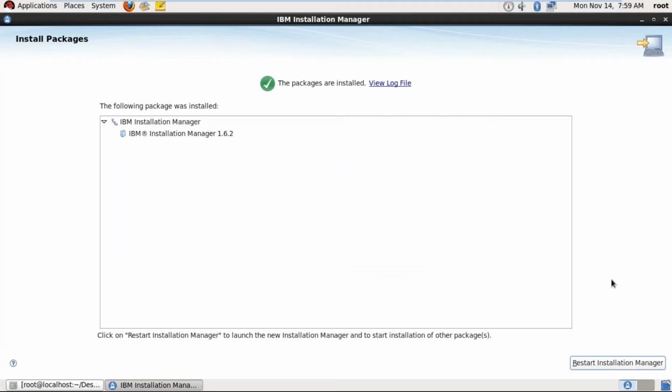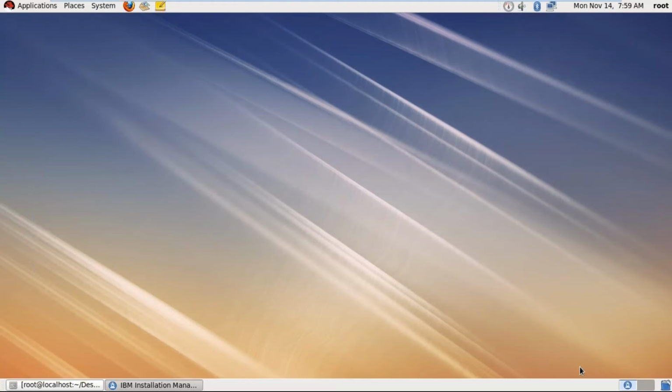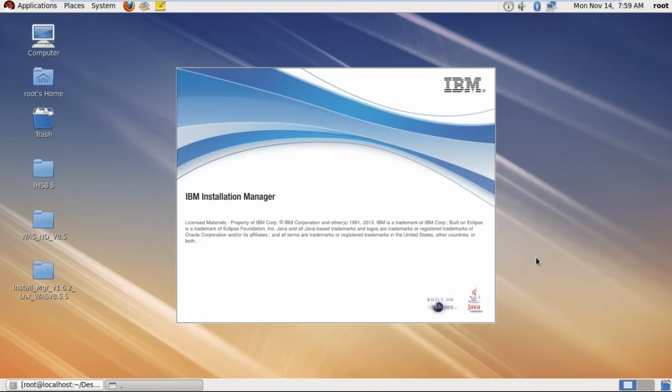Installation is completed. After that, click on Restart Installation Manager. It will open a graphical window. In that window we can do all the tasks: install, uninstall, modify, upgrade, and rollback.